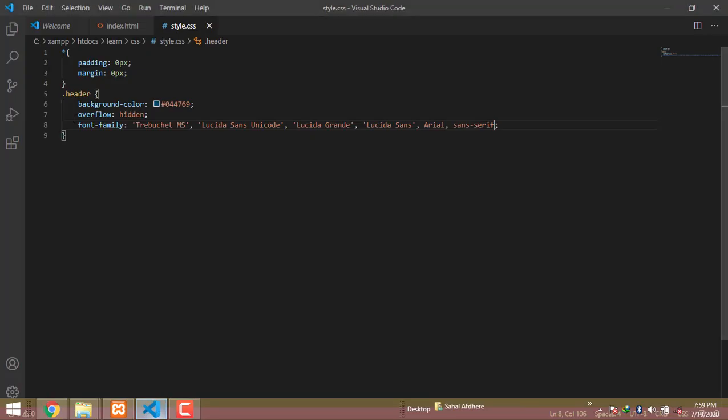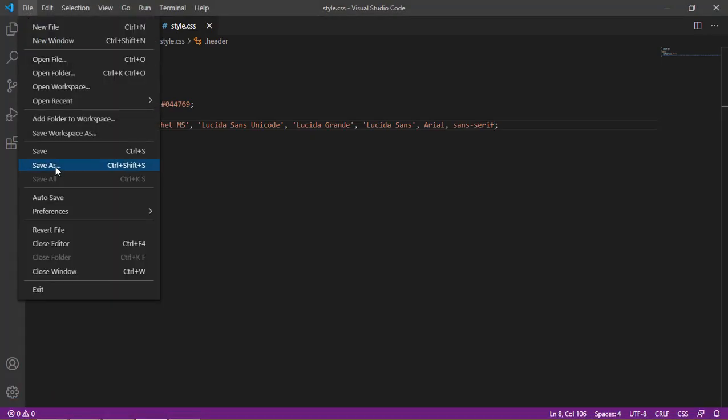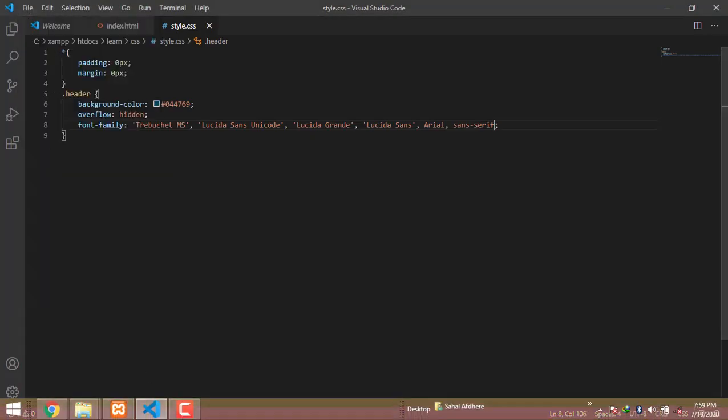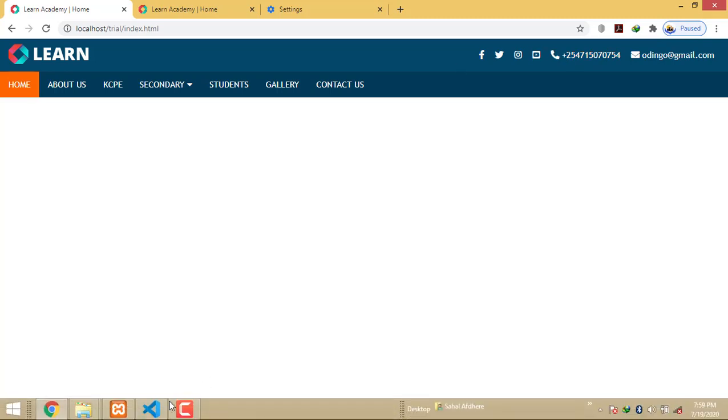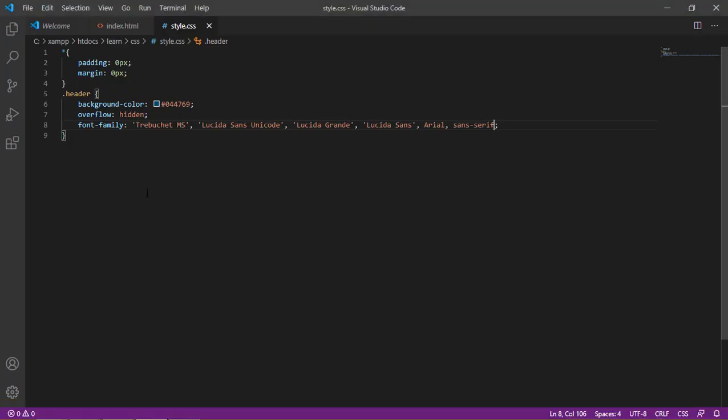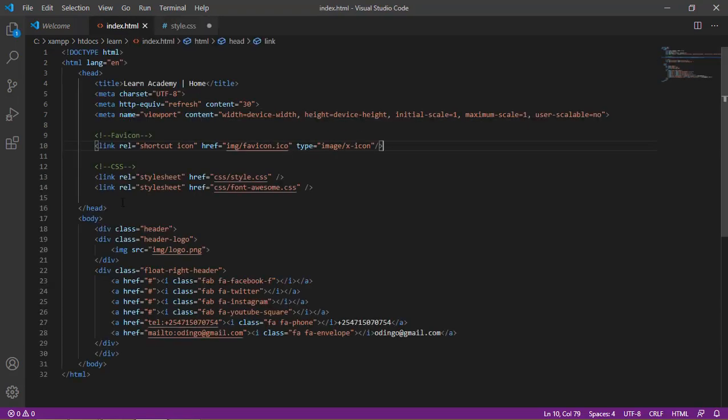If you go there and refresh, you realize that now we have that one there, but everything is still not looking nice because we have not actually put in the styles. The styles are still missing. Remember that we need now to put this thing the way it appears. You see the way one is on the left and the other one is on the right. So let's go back there and put in